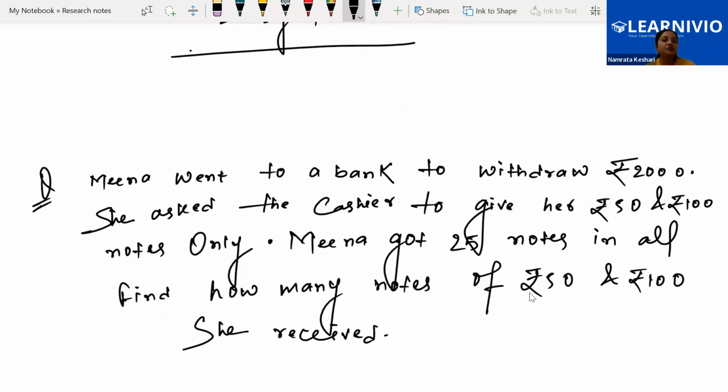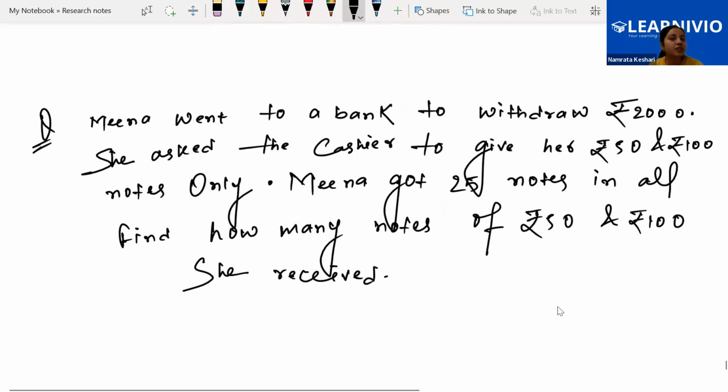Here at first we need to frame the equation. Then if nothing is mentioned, then we can go either by the method of substitution or by the method of elimination. Okay. So first thing first, we need to frame the equation. Yes, Harshit, can you tell me how to frame the equation? What will be our equation? What will be the assumption? Ma'am, from the assumption, we can take the notes, 25 notes at X and Y, and the total money withdrawn is rupees 2000. Yeah. So if we are assuming that number of notes are X and Y, then the first equation will become,